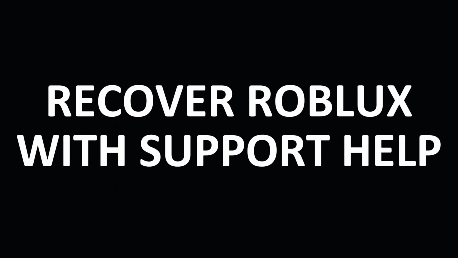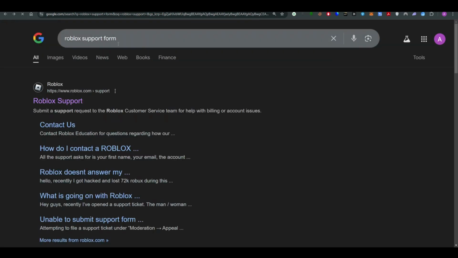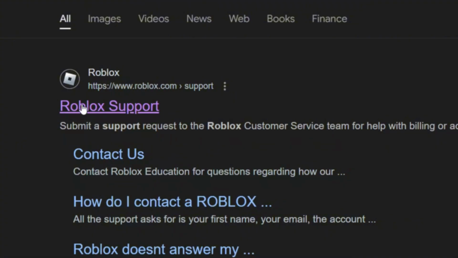Recovering your Roblox account, even if you don't have any sort of email address or password or anything else, all you need to do is to have your username. So after that, what you have to do is to go ahead on Google Chrome and search for the Roblox form. On the first link, just go ahead and click on that and provide the necessary data like your